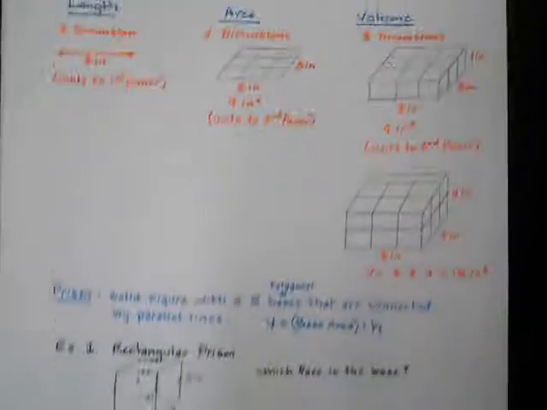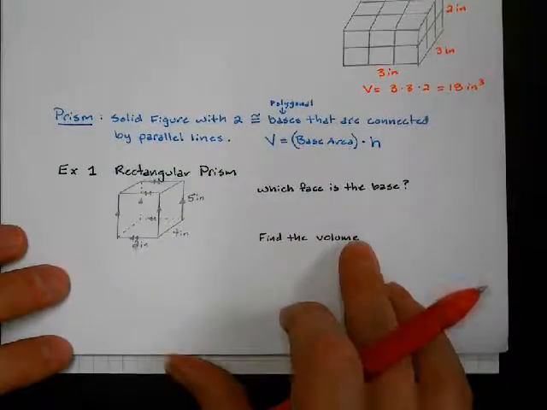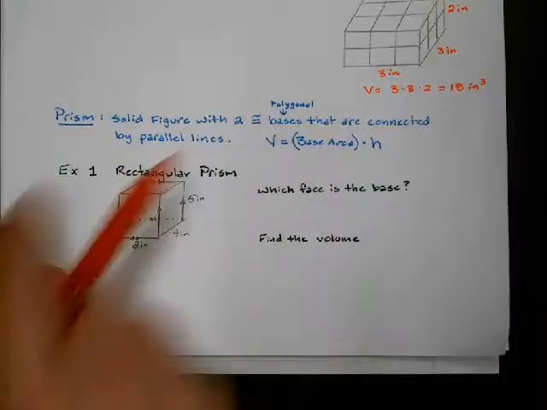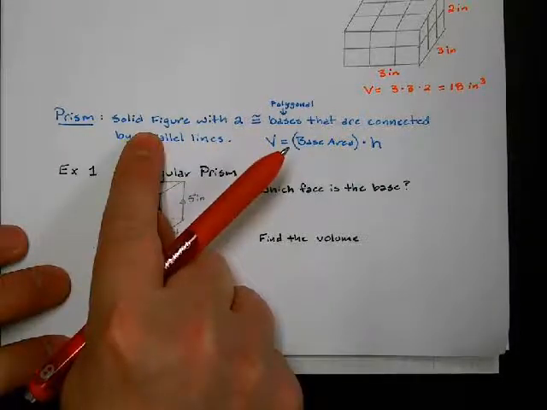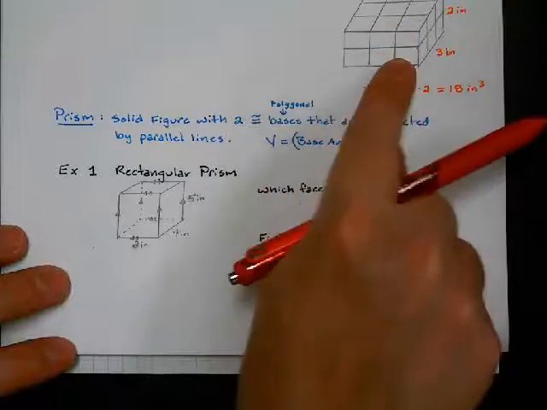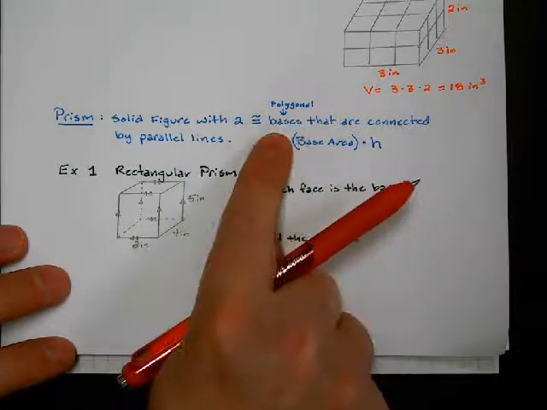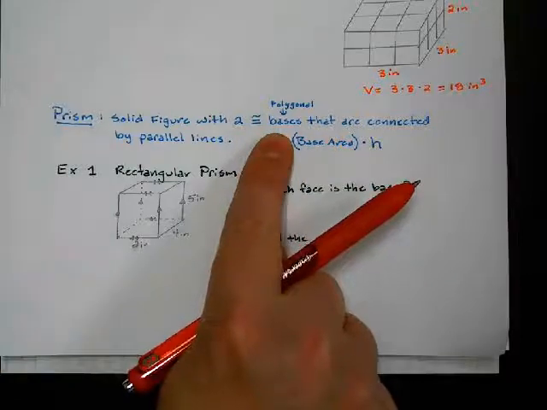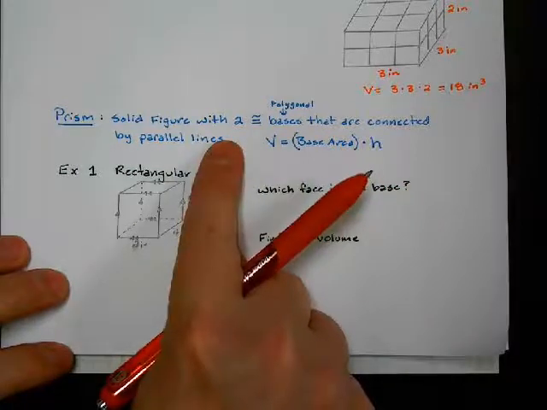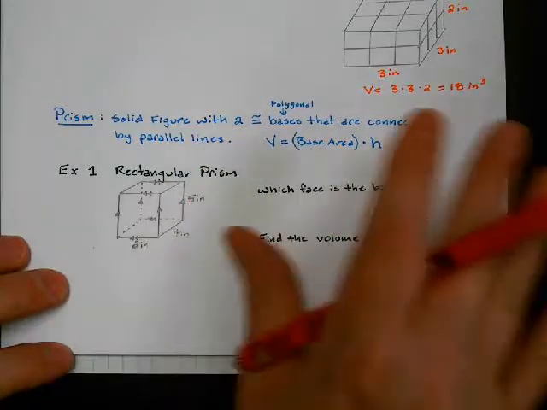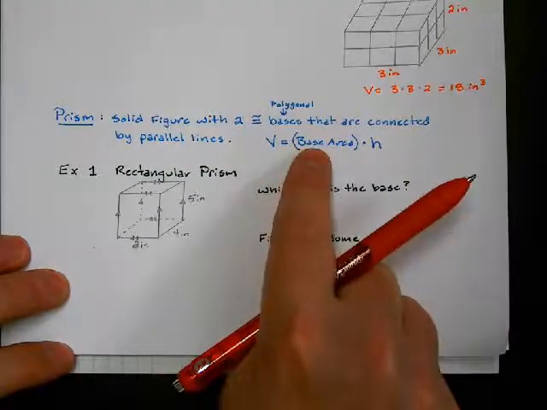All right, so we're going to look at 2 specific shapes today. We're going to look at a prism, and then we're going to look at cylinders. So prisms are a solid figure, meaning that they are 3-dimensional, with 2 congruent polygonal bases. So polygon just means it has to be made out of straight sides that are connected by parallel lines. And so just like we were looking over here for volume, the volume is just going to be the area of the base